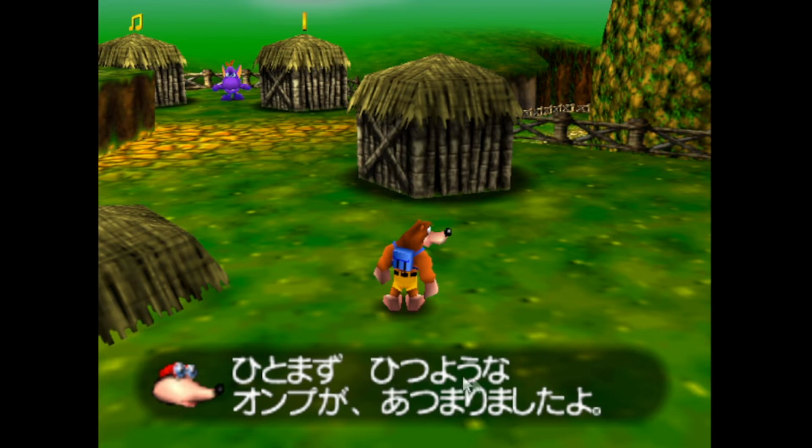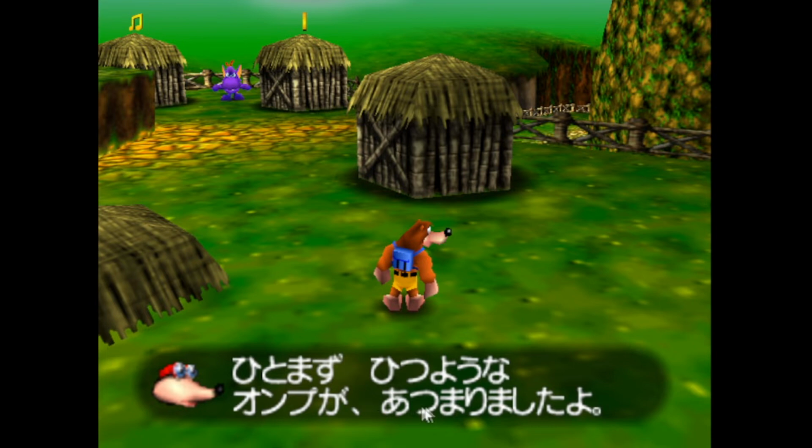So yeah, and then hitsuyo na onpu ga. Hitsuyo obviously is a na adjective. The required notes, and then atsumarimashita. Atsumaru is to gather something, I suppose, oneself. No, it's not. Sorry. Hitsuyo na onpu ga atsumarimashita. We've got ga here. That sort of gives you a hint at what kind of verb it is. Atsumaru is for things to gather together of their own accord, or to be assembled. Atsumeru is when you yourself are gathering things.